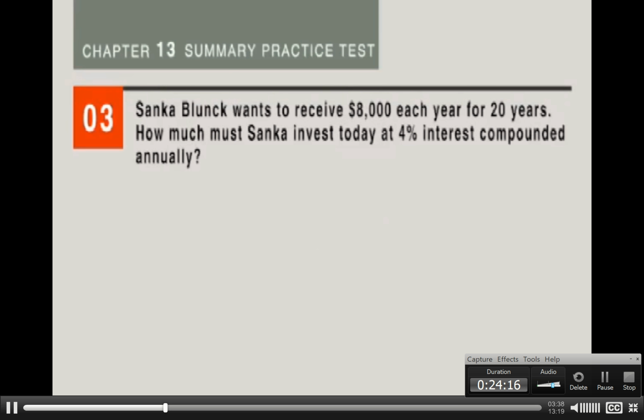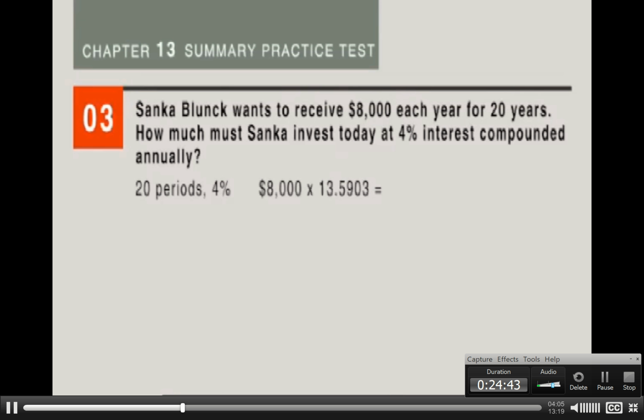And number 3, Sanka wants to receive $8,000 each year for 20 years. How much must he invest today? At 4%. Well, so he in fact wants today. How much must he put in today? That's that word today again. So we're talking present value of annuity. We're talking 4%, and because it's annually, 20 periods. Go to the present value of annuity table, and basically